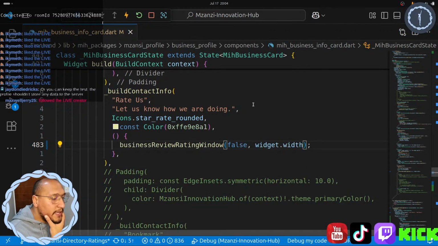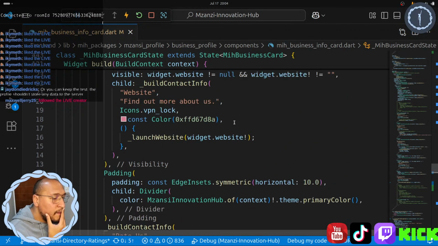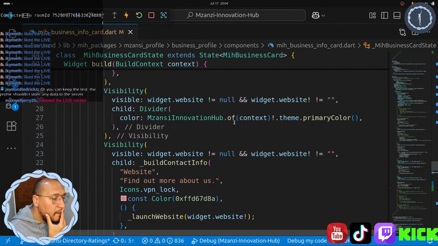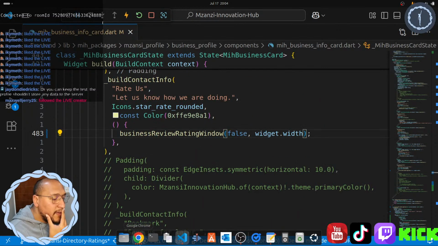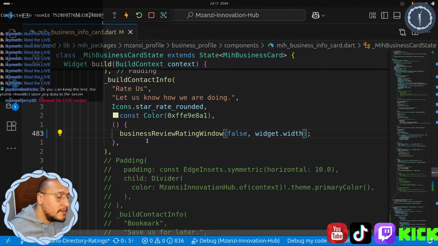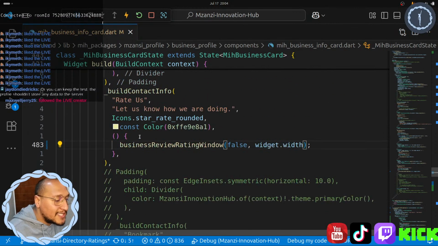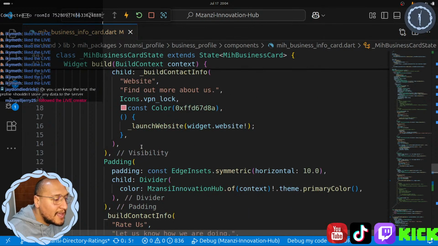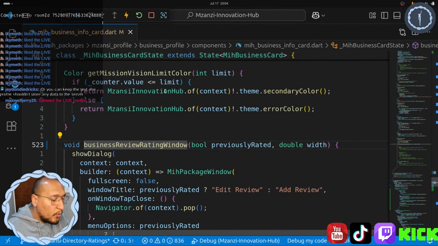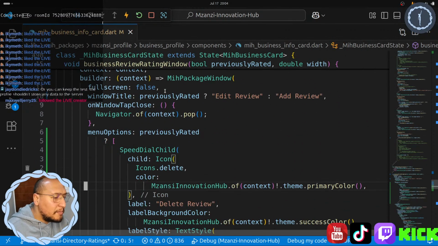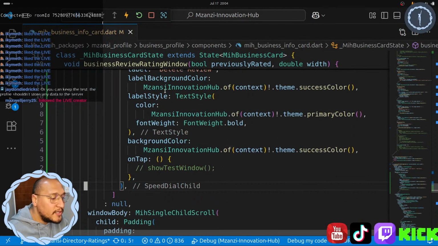So we're having a look at this, the rating. So we have that. I was thinking of something else also. So edit, delete. When we delete, we're going to have to have a pop-up over there also, right? Asking us, do we actually want to delete something? And what we can use is another widget that we've created here at MIH. Not created, but we've extended another widget to create this widget.